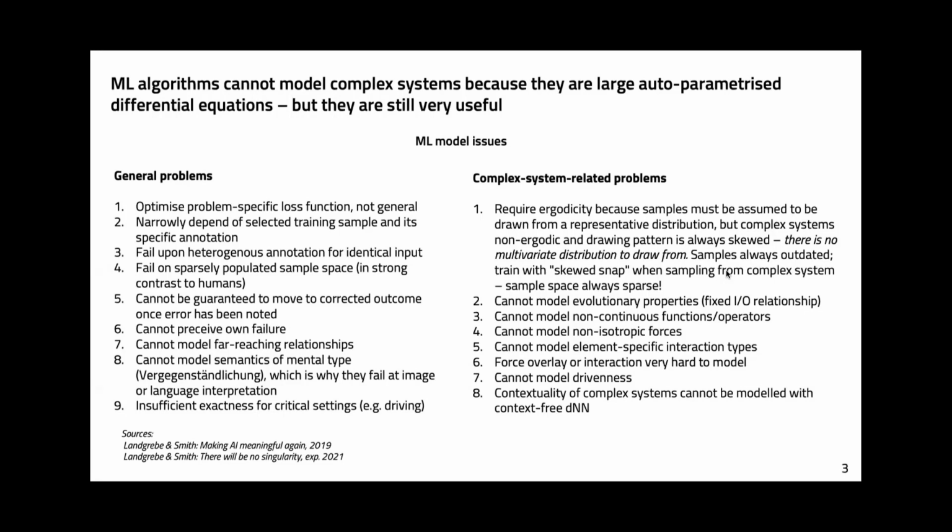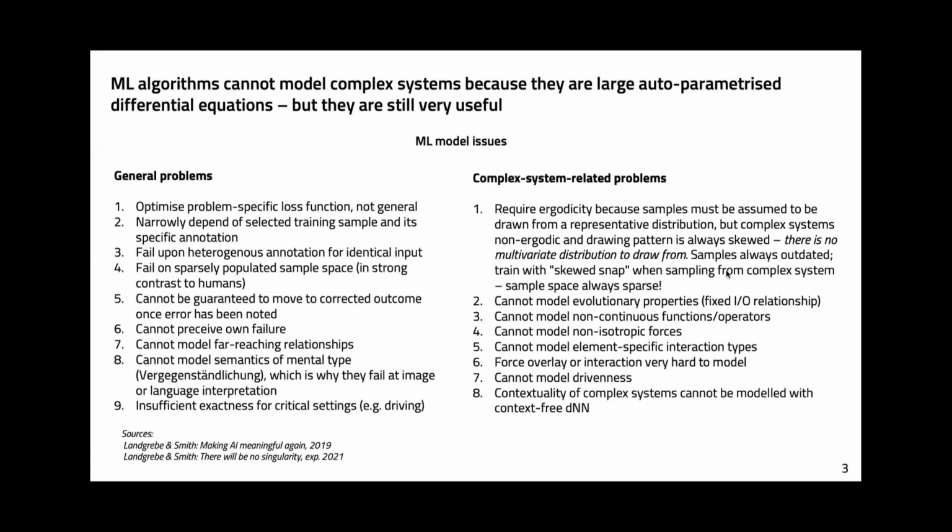Also they cannot model drivenness, which is energy dissipation. To give you a very simple example why this doesn't work, we haven't found any way to model the flow of water into, for example, water reservoirs. So turbulence. Turbulence is one of the simplest natural phenomena of drivenness, because the energy from the water flow dissipates in the reservoir into which the water is flowing, but we cannot model it.